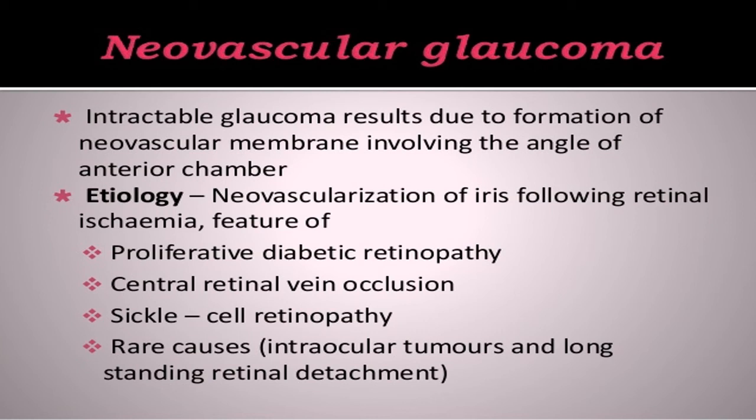There, as the iris is a very vascularized part, they stimulate the vessels in the iris itself, and slowly there will be new growth of vessels in the iris. From the tip of the pupil they slowly progress towards the angle of the anterior chamber. That's how a fibrovascular membrane is formed at the angle of the anterior chamber.